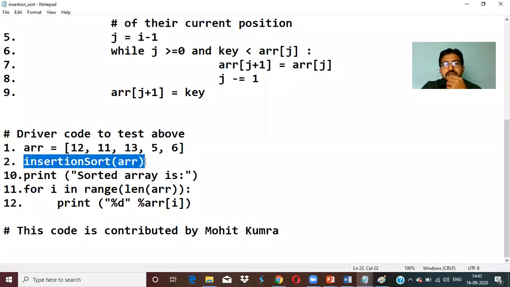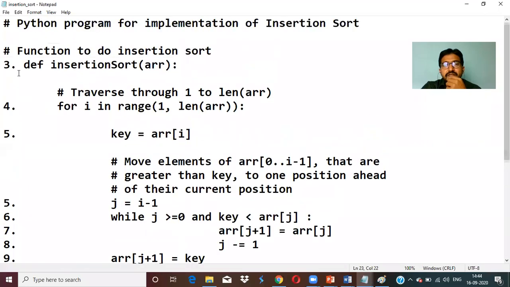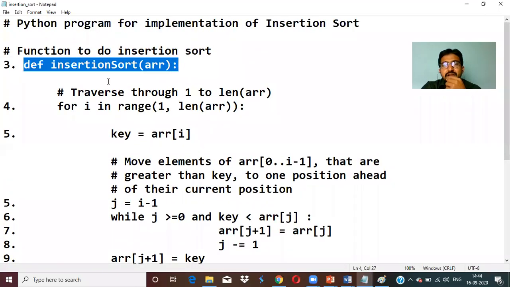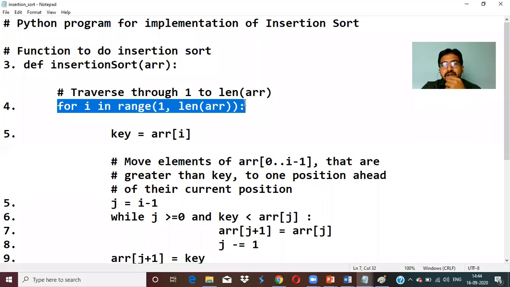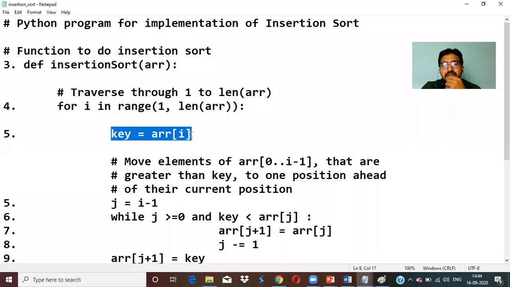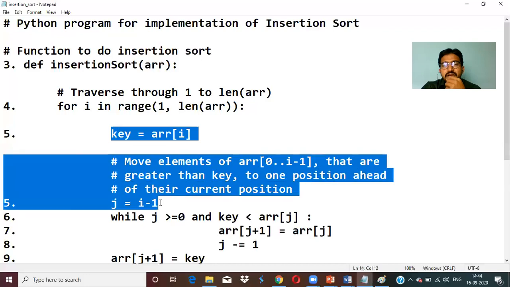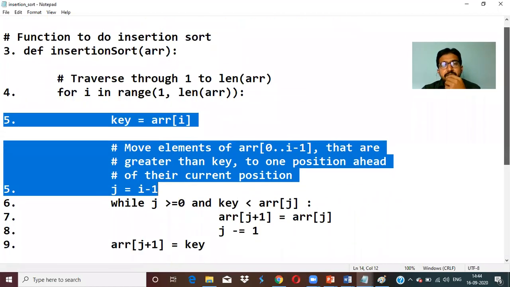Second step, it calls the function, step 2. Now from this step 2, it automatically goes to definition, step 3, right? In step 3, again it goes to the definition. Step 4 is the for loop, it is repeating. After that, it is initializing the key, 5th step. 6th step, if you want, you can add these 2 as one step. That depends on you. It's not mandatory to combine 2 or 3 statements as one step. Commonly, if one is executed automatically, this also will be executed.